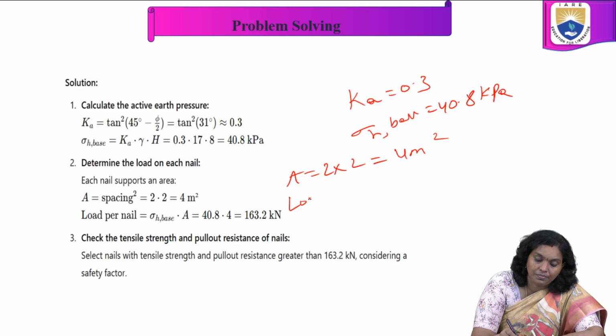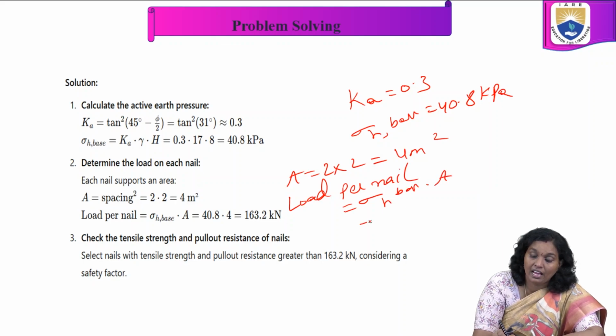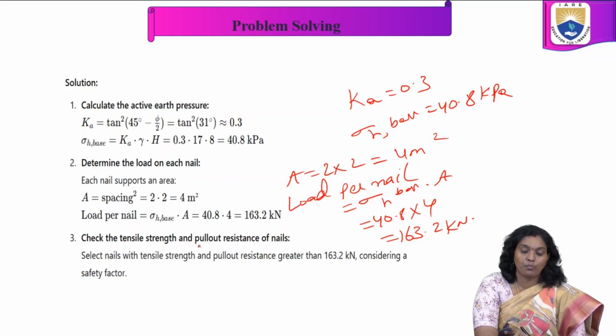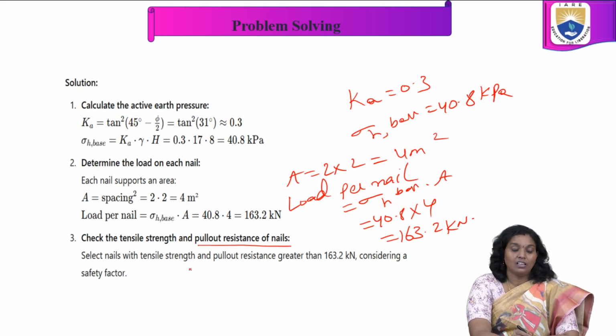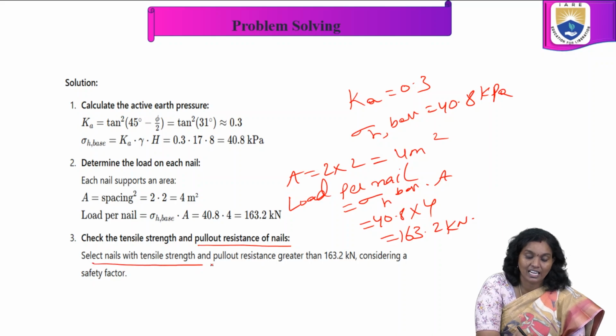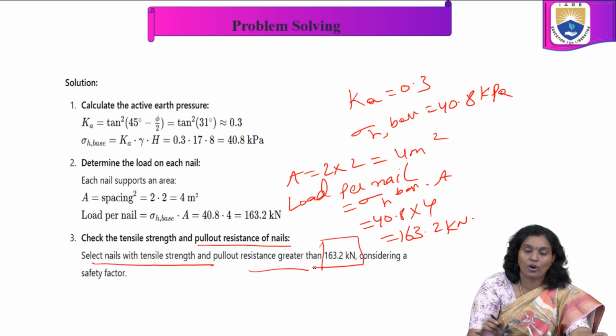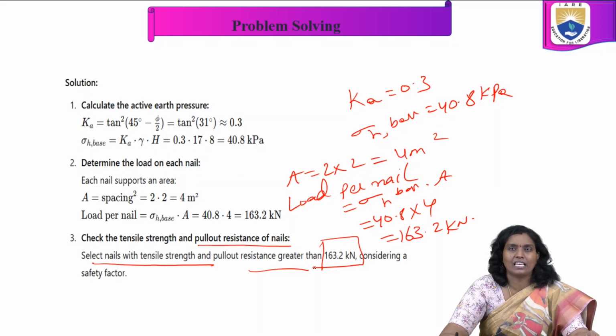Now load per each nail is equal to sigma at the base multiplied by area, that is 40.8 multiplied by 4, which is equal to 163.2 kilonewton. So check the tensile strength and pull out resistance of nails. Now select the nails with tensile strength and pull out resistance greater than this 163.2 kilonewton, considering a factor